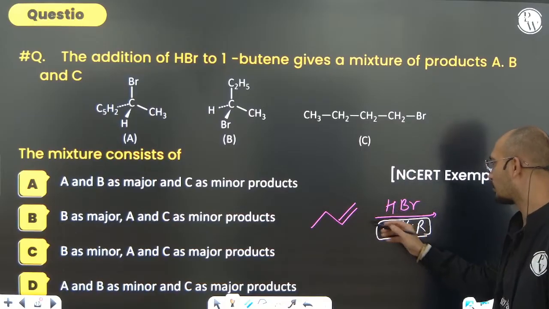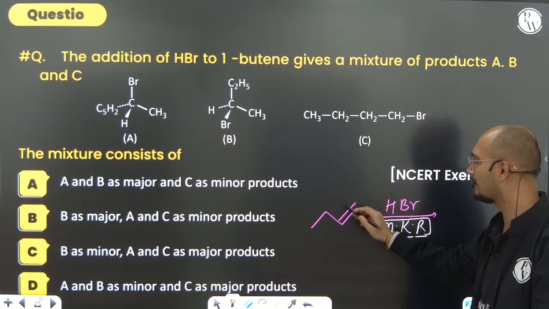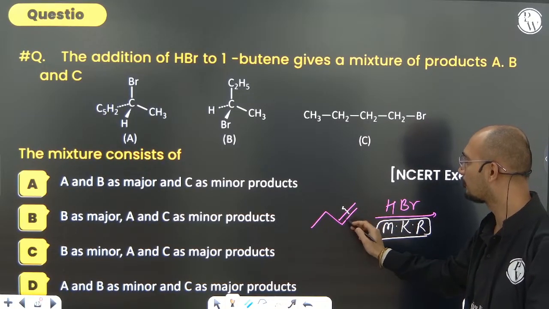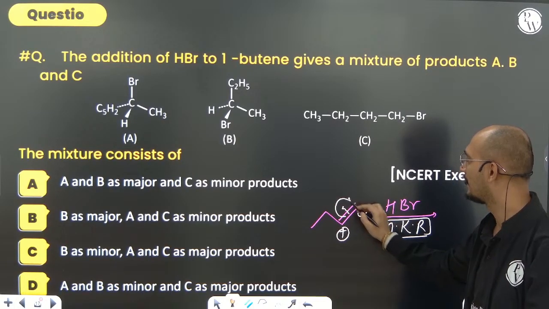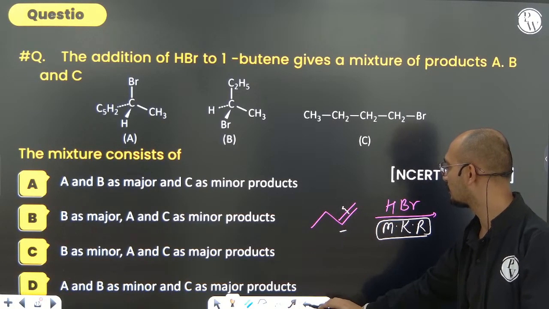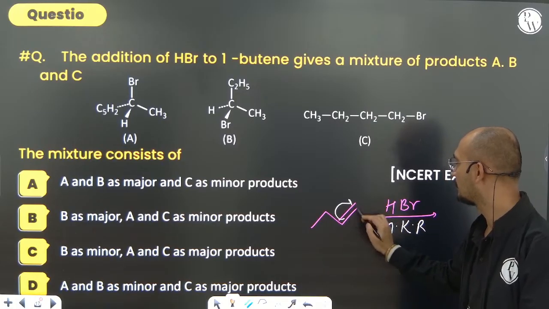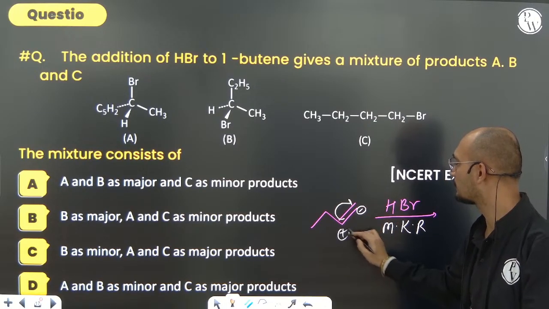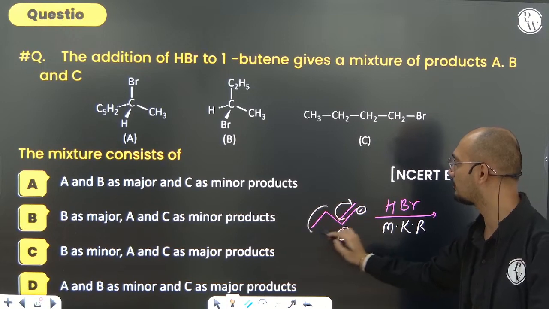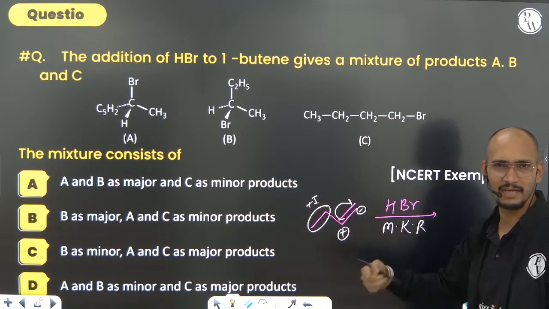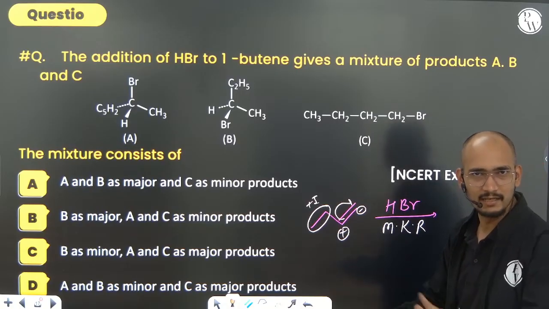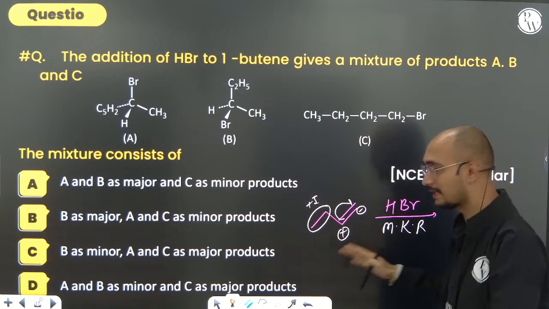Look carefully here. I hope you all can see, not a big deal. Here you will directly do it. Of course we see that here positive is going to be more stable and here negative is going to be more stable. Understand it like this: break it so that you are doing it minus, you are doing it positive. Why positive here? Because can you see that this is plus I effect. This plus I effect will stabilize it. This is just a way to explain. It is not the reality. The whole mechanism is different.